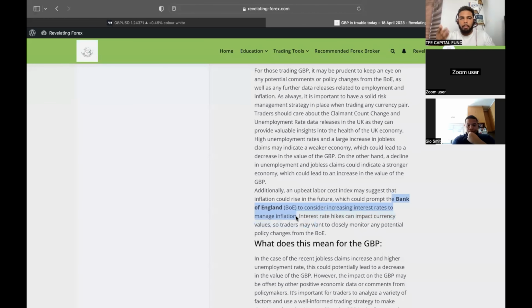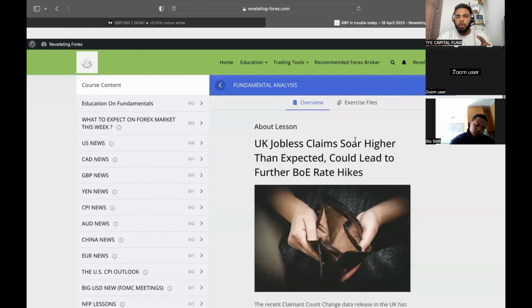People really can't buy products in the UK. They can't buy stuff because they don't have a lot of money. Inflation is high, so what do they try to do? Increase interest rates, hoping to bring inflation down. What does it mean? Interest rates go up, people can't buy houses. Do you understand? So you see how this is important? It will affect things. If you want to read more about this, I'm not going to go through it.